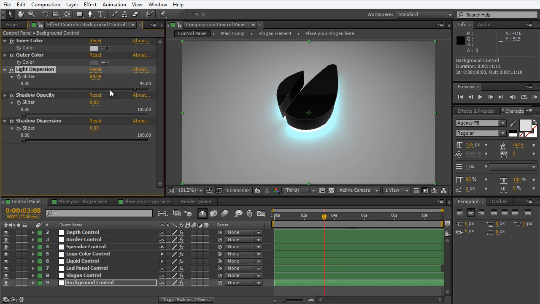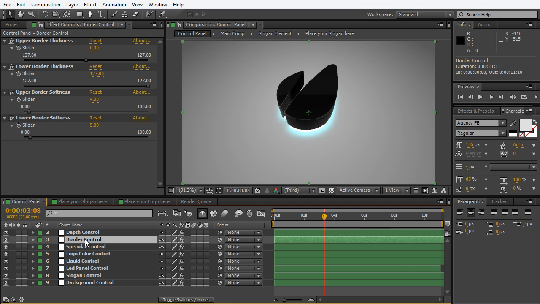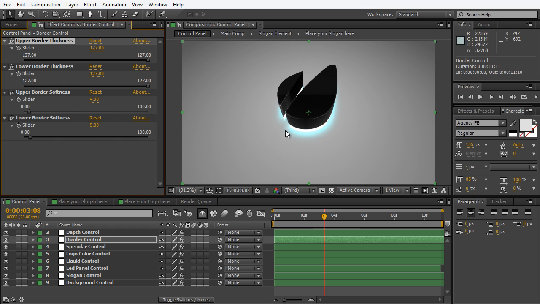So right there, very nice. And the next thing would be, now let's jump to border control. So this is border control. In this you have the upper border thickness, lower border thickness, then you have the upper border softness and lower border softness. So basically, if we increase the upper border thickness, we can see that the logo reduces